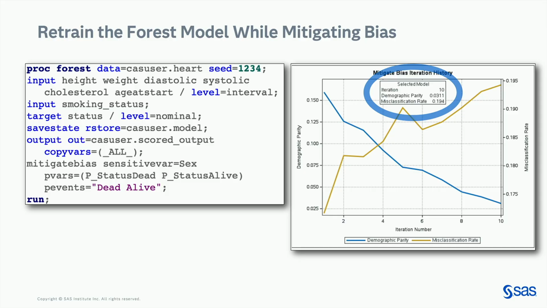So this graph here helps show you, okay, I have been mitigating the bias like I want, but then you also have that sort of competing argument of maybe my misclassification rate went too high. At that point, you probably have to do a little bit of manual fiddling with figuring out, hey, what models do I want? Do I have other models? Can I change some of the parameters on the forest to get something that's a better classification rate as well as a reduced bias?